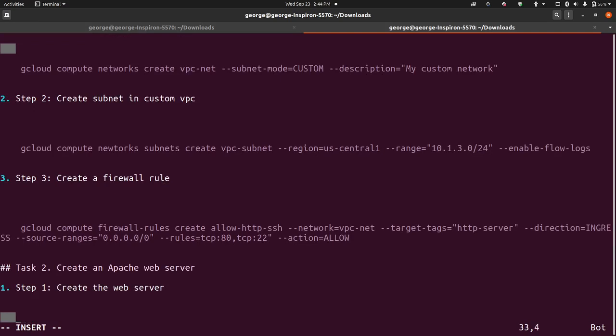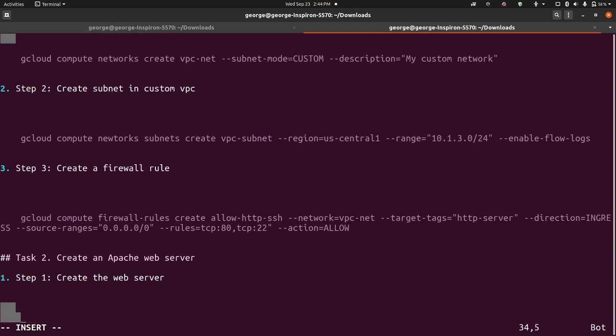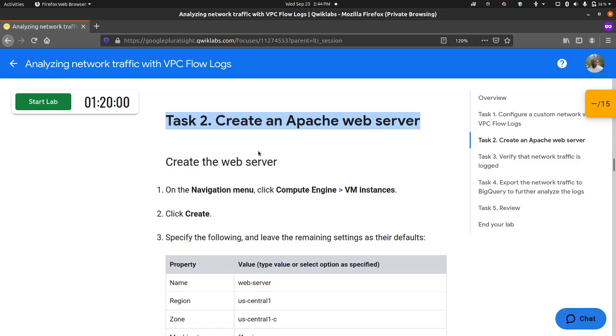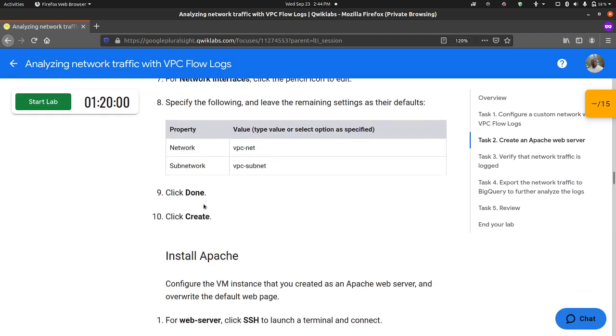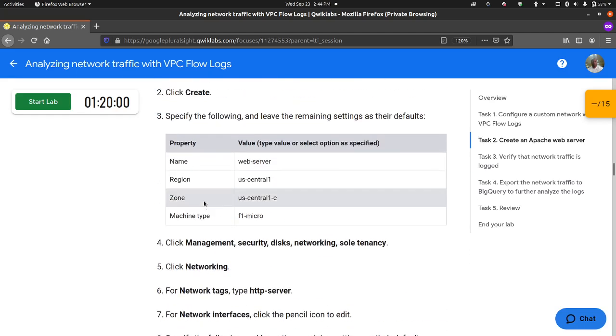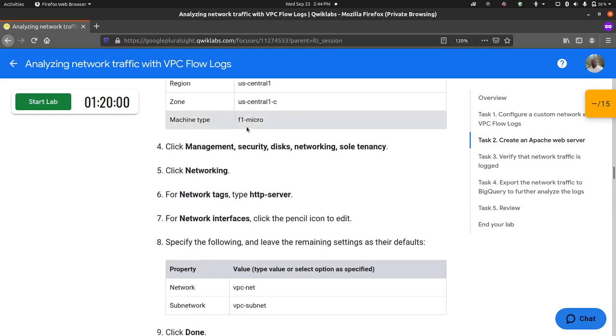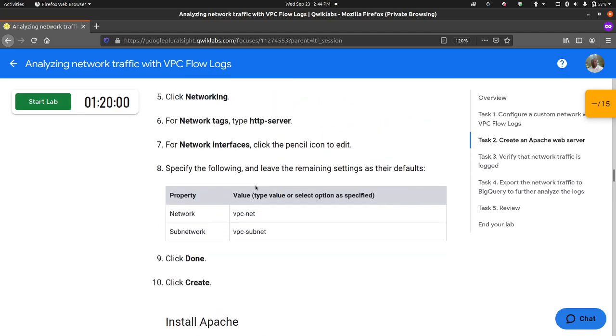I just need that color to change to be sure. All right, okay, so we are good to go. So let's create the web server. gcloud compute instances create. Okay, we create a compute instance first. After creating a compute instance, we will now go in there and of course install a web server, and of course the instance will be called web server in the US region and the zone C, and the machine type will be F1 micro, and of course we will use the VPC network and this subnet, and of course we